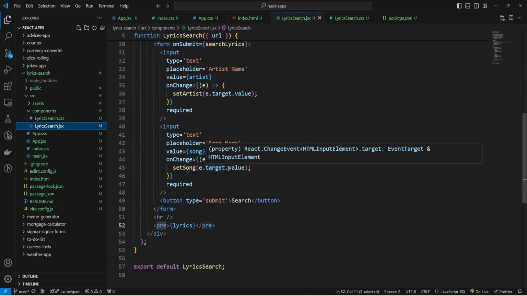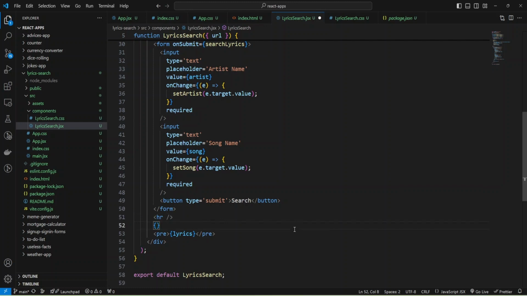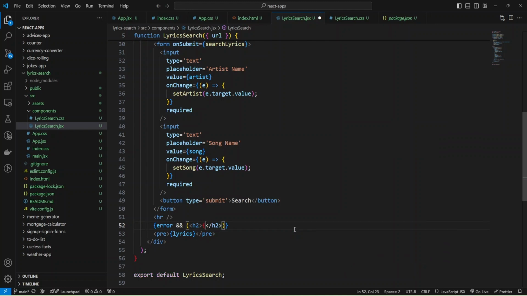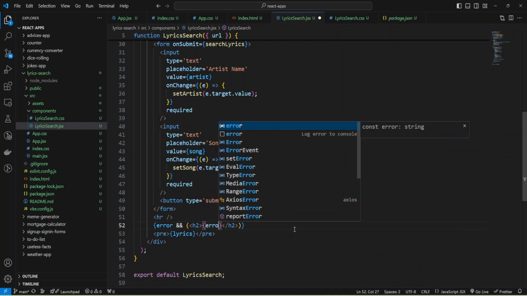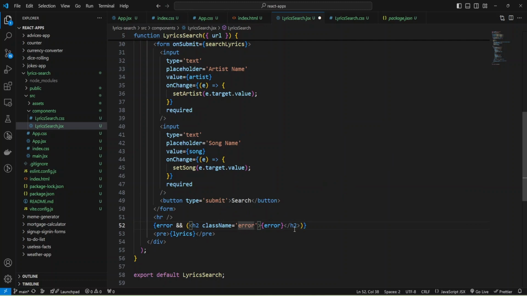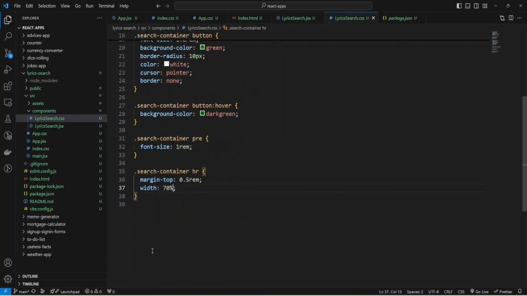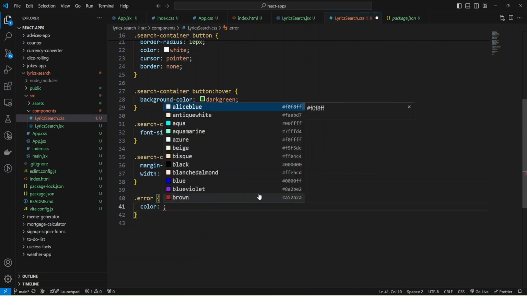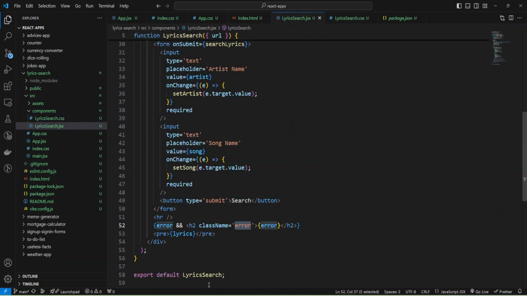I'm going to add the error using conditional rendering, and if we have error I can add an h2 tag in JSX and provide my error. Okay, and we can add a class name error and change the color to red.